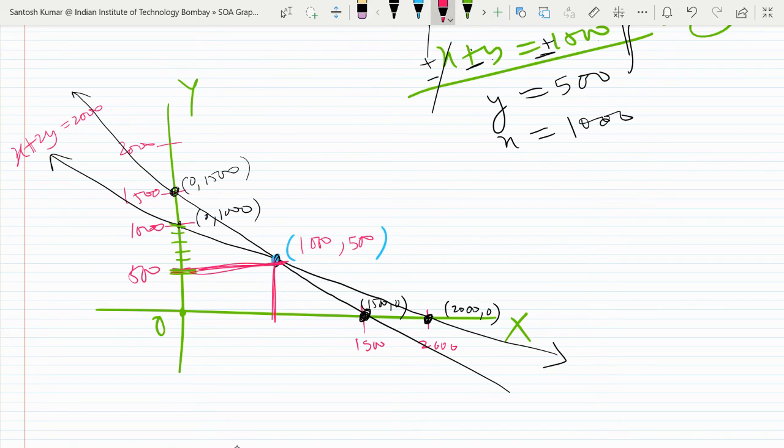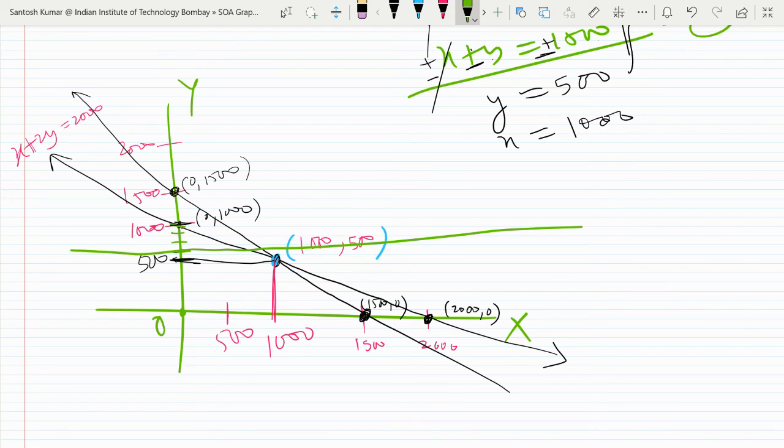So this point should be 1000, and here is 500. Let me take some above. So this will go somewhere. This is 500, so 500 and 1000. So 600 is something there. It will cut above this. I wanted to make sure what this is. So this y is 500. We cut there, x is 1000. So this line is y is equal to 600.